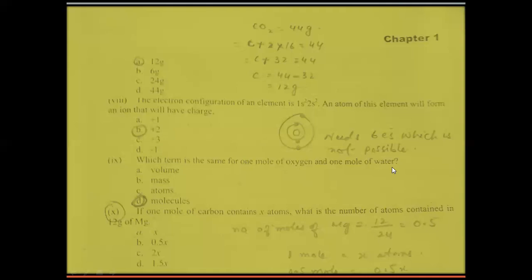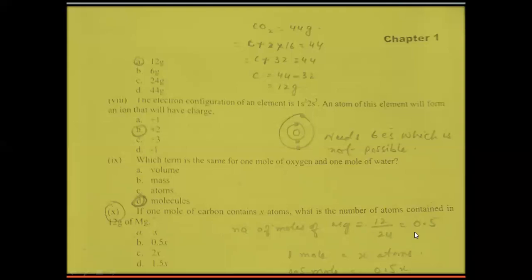Next one is: if 1 mole of carbon contains X atoms, what is the number of atoms contained in 12 grams of magnesium? Number of moles of magnesium is equal to 12 grams divided by the molar mass, the same formula which you used before to find out the number of moles. So number of moles is equal to mass in grams over molar mass. Mass in grams is 12 and molar mass of magnesium is 24. So 12 over 24 gave us